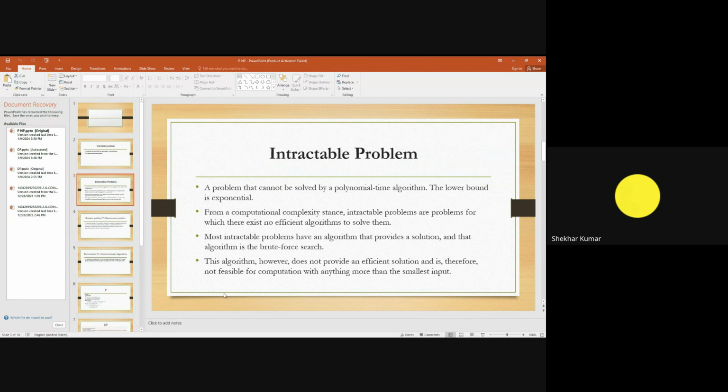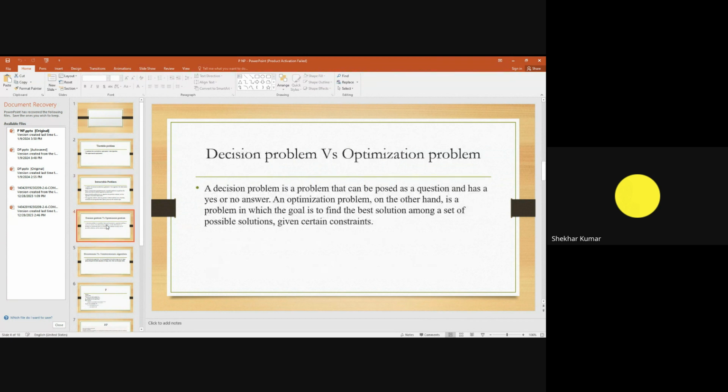Next comes the decision problem and the optimization problem. A decision problem is a problem that can be posed as a question. It means it has a question and a yes or no answer. For example, in a 0-1 knapsack, if there is capacity, you can put the item in; if you have no capacity, just discard it. So this is a decision problem. And the optimization problem,